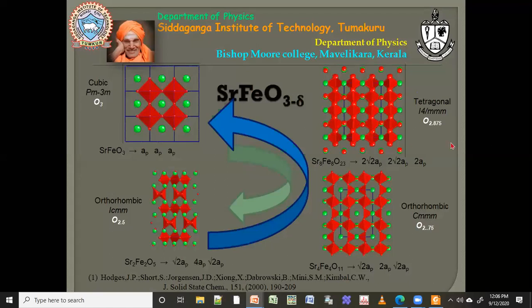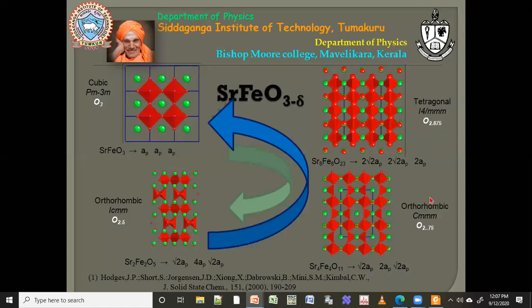So how to identify this phase is by X-ray diffraction. One thing you can do is salt titration, but the other thing is just a simple X-ray diffraction. If you take O3, complete 3, then it will be a cubic form, Pm-3m. Sir explained this again yesterday. So it is a cubic form, and if you are having less oxygen like O2.87, then it will go to tetragonal. Okay, less symmetry.